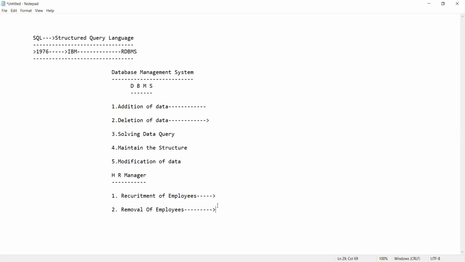Yeah. So guys, this is my requirement. Hence what we will do is solve the data query. Now for the third question, what I wanted here is solving a data query. I'll take some other example. I want only those employees to be displayed